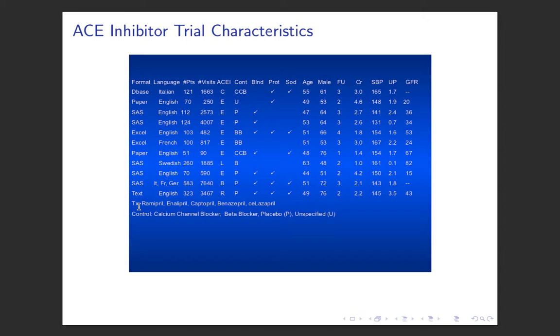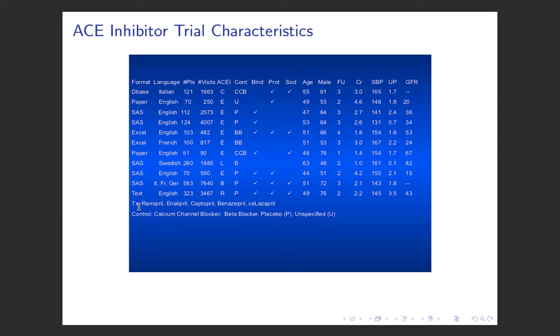There were 1,663 visits among these 121 people. They used a particular ACE inhibitor called captopril. The comparison was to a calcium channel blocker. They recorded data. So the average age of people in that database was 55. 61% of the individuals were male. There was 3 years of follow-up and various other information. You can see that